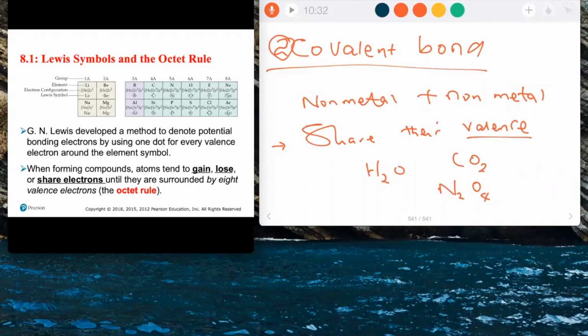But for metallic bonding, the positive cations will just be floating around in a sea of electrons, which explains why you can pull metals into thin wires, that means ductile, or why you can make a thin sheet of metal when you hammer, you can pound it to form a thin sheet of metal because of the electron